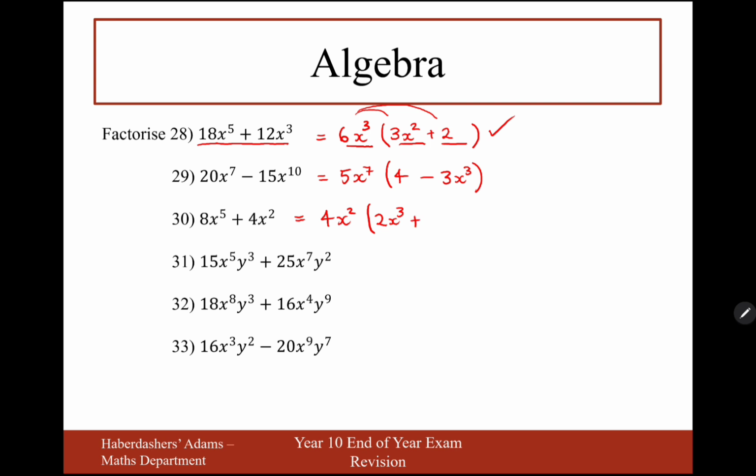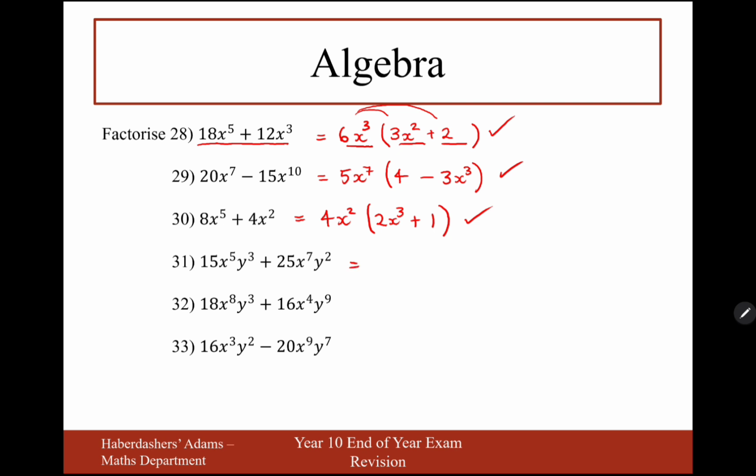On the second part of this bracket, 4 can times by 1 to make 4, and we don't need to multiply by any more powers of x because we've already got x squared at the front, and x squared is in our answer, so we don't need any extra x's to multiply by to get this answer. So there we are, those are the 3 answers for those questions. We're going to move now on to 31, 32 and 33, where we've got some x's and some y's,